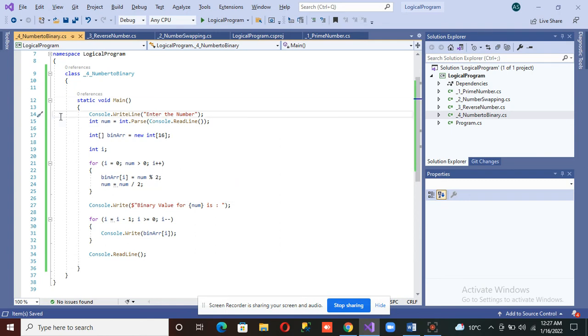So let's start from here. I just put the debug point over here to demonstrate the entire program. Let me run the program.